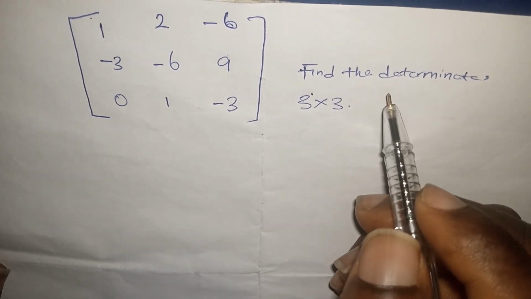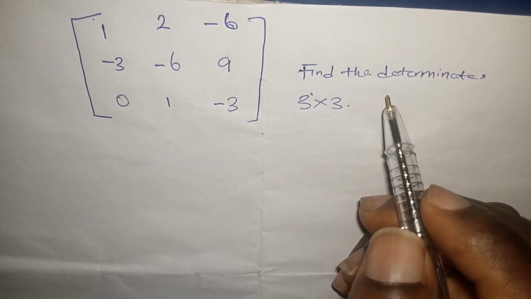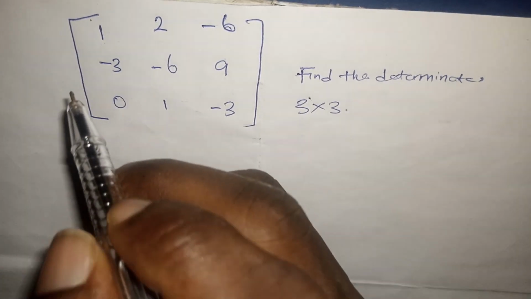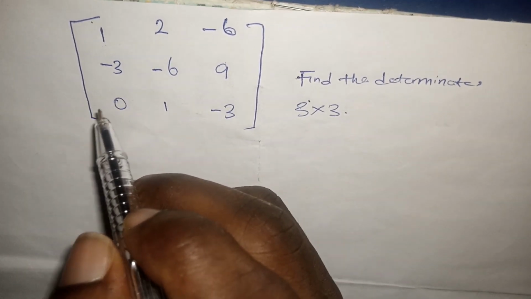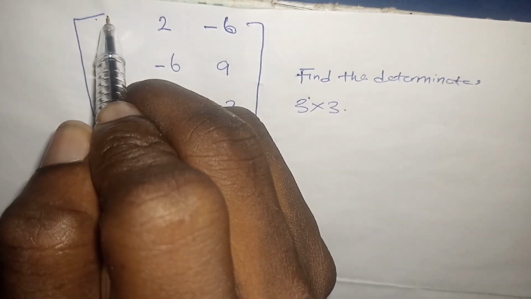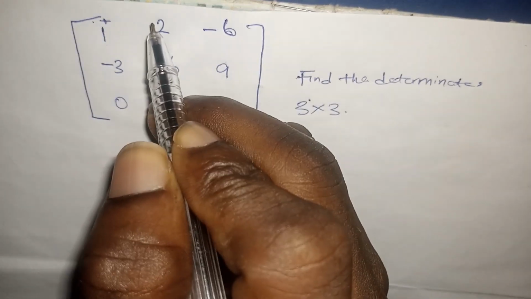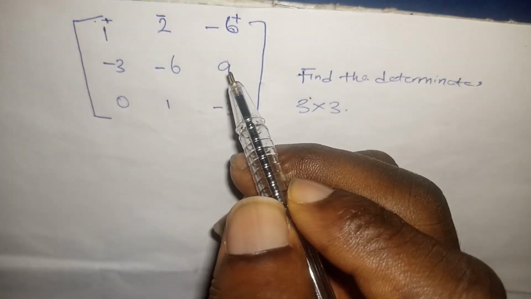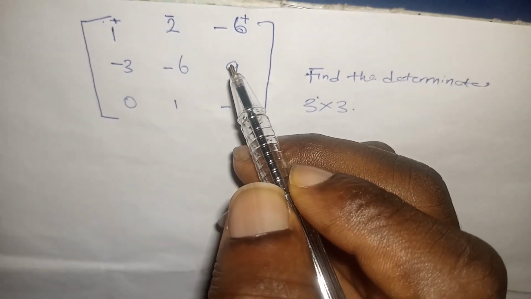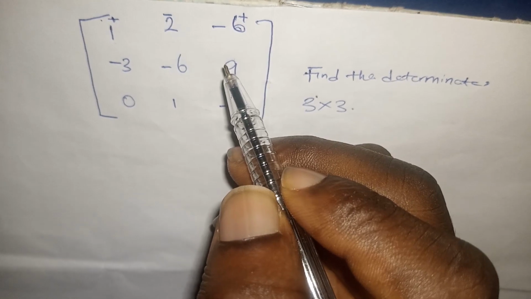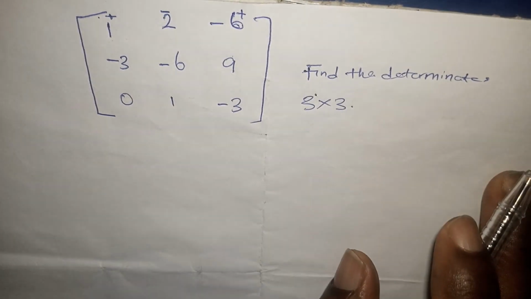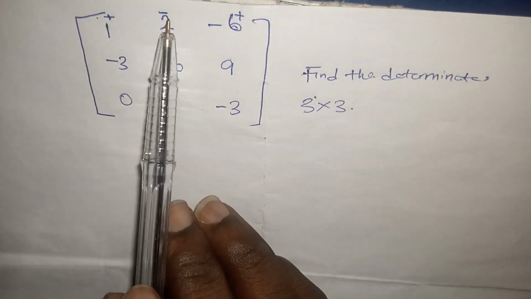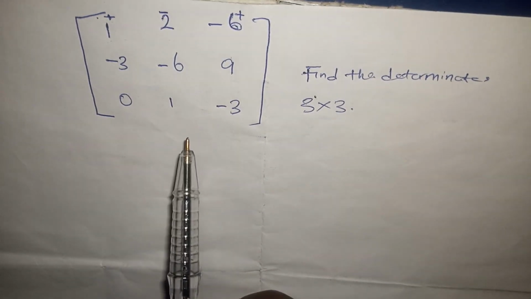So if we want to look for the determinant of this, the first thing we are going to do is to attach a sign to them. We are going to start from a positive sign. So we are going to call here a positive, here a negative, then here a positive. There are different methods we can use to solve this, but I want to show you this method for today's video. So since we are assigned positive, negative, positive for this, the first thing we are going to do